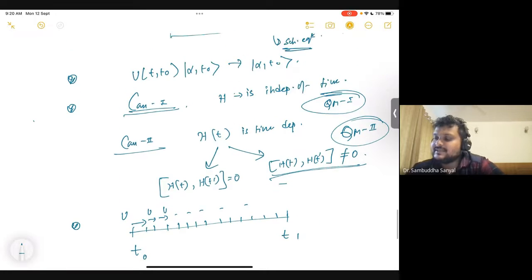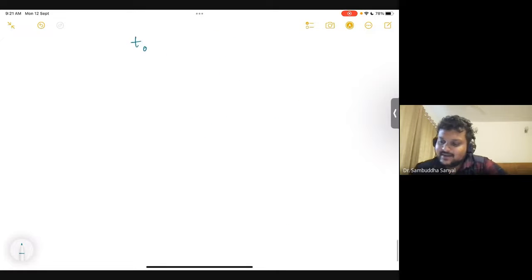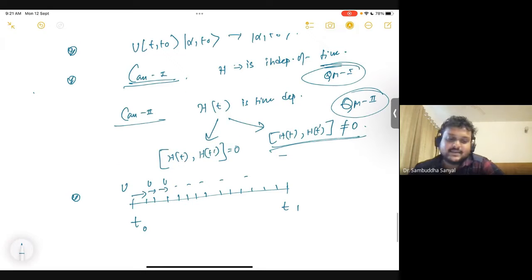And right now we will do the simplest case, that H is completely independent of time, so there is no such consequence. But as you know, that can always happen. So let's say you have a magnetic field that is AC. So then H is a function of time. And now you want to do a Stern-Gerlach experiment in that. So then what will happen? That is a very interesting question, and a huge amount of experiments happen on that. Recently there was a talk in our institute on terahertz spectroscopy and all that. That is all about these kinds of things, like time dependent Hamiltonian, which means some kind of high frequency AC field. So let's now talk about this case when H is independent of time.